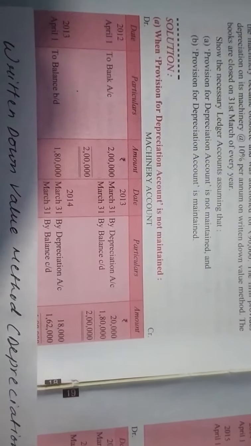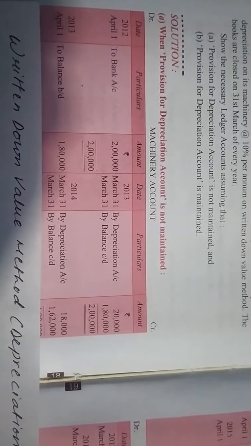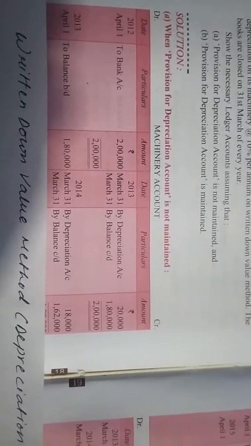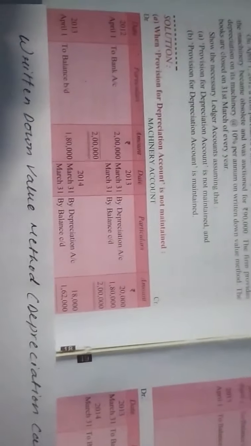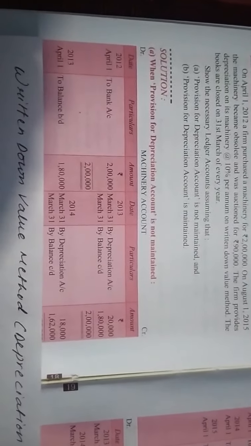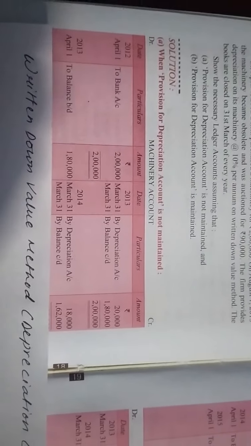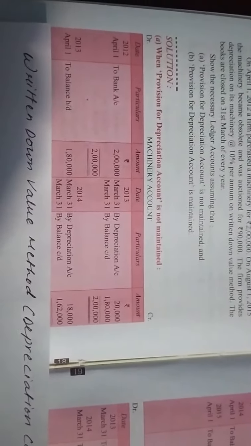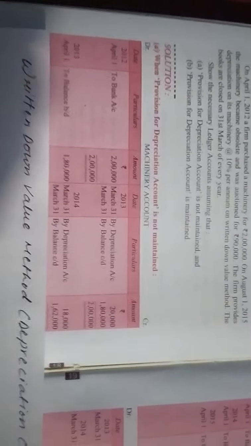Machinery is shown on the credit side of the journal entry. So the posting will be done on the credit side of the machinery account, but the name in the particular column will be of the account representing depreciation on the opposite side. On the opposite side, the machinery is represented by depreciation.